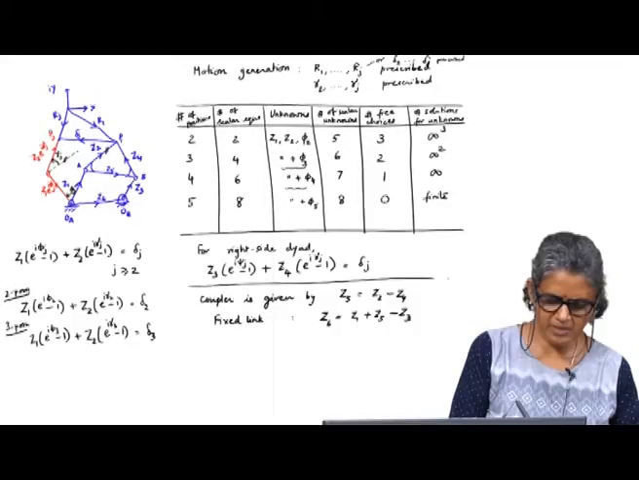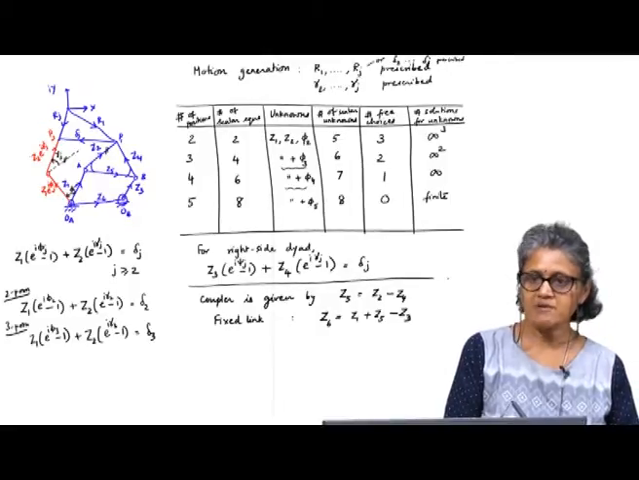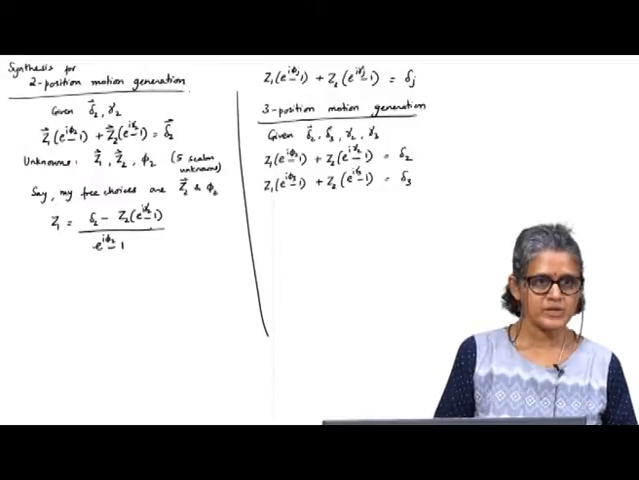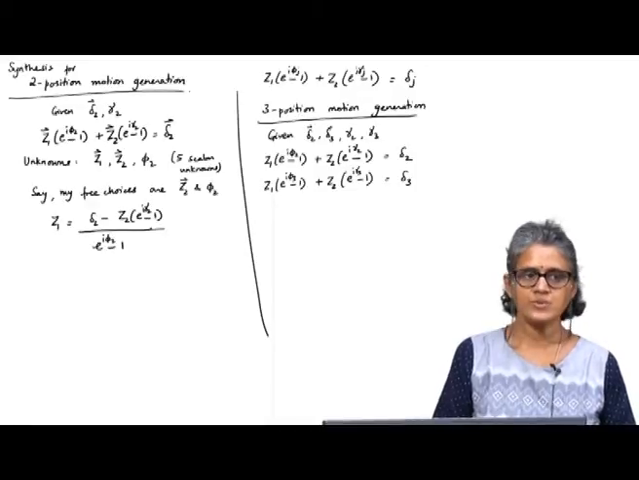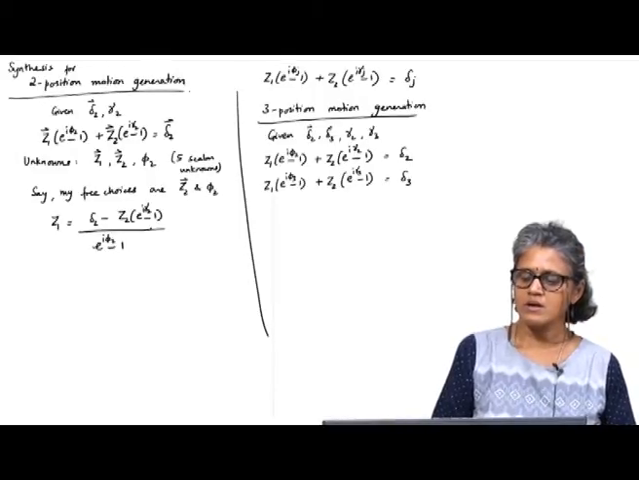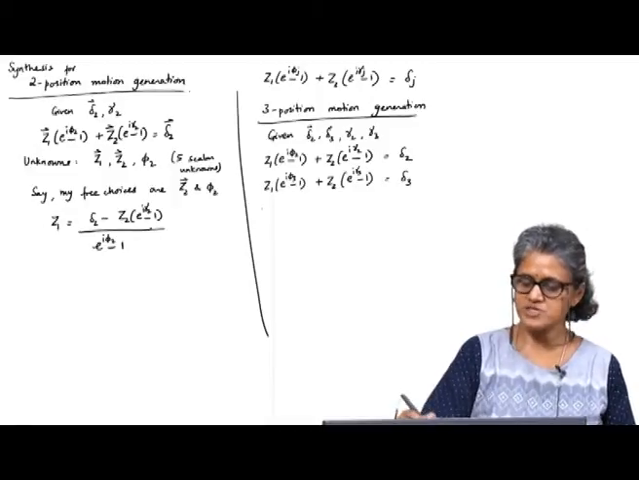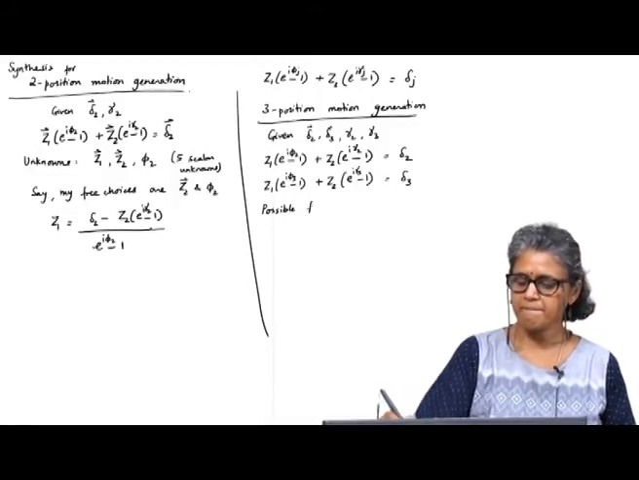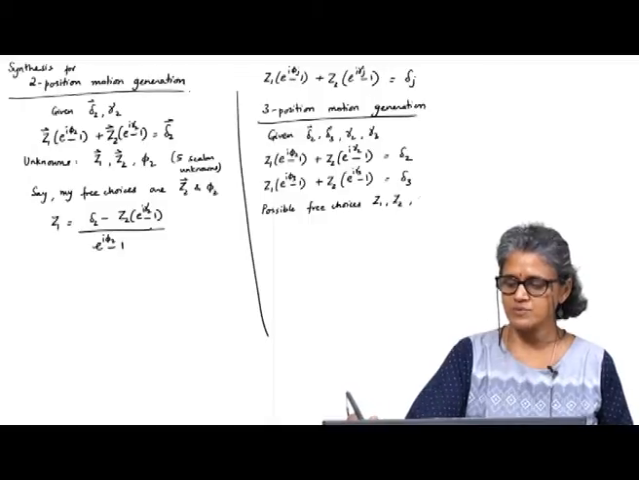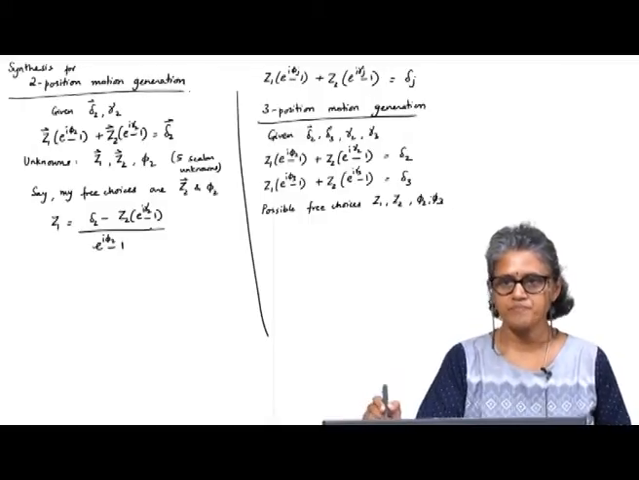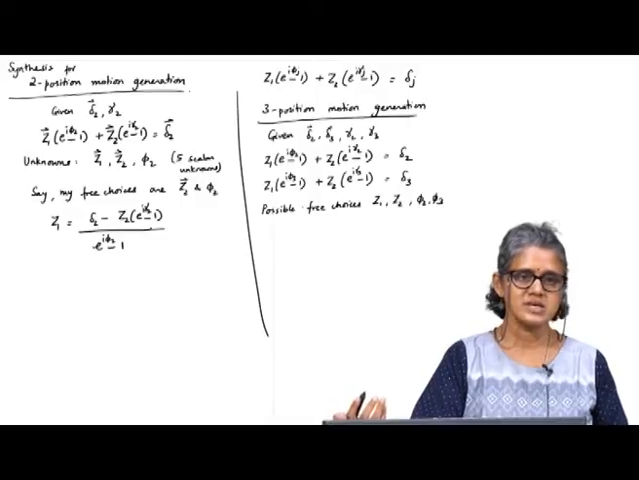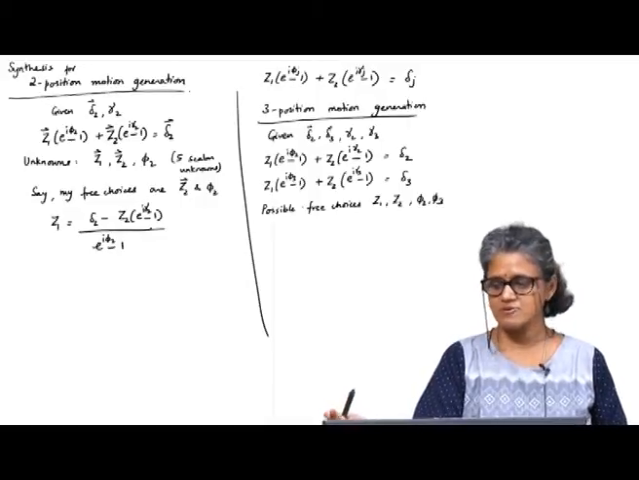If I go back to my table, how many free choices do I have? I have 2 free choices. If I do that, then what are my possible free choices? Z1 or Z2 or phi 2, phi 3. To solve these equations, what would be the easiest choices? Phi 2 and phi 3,